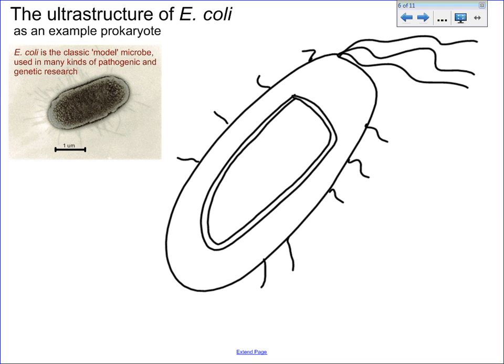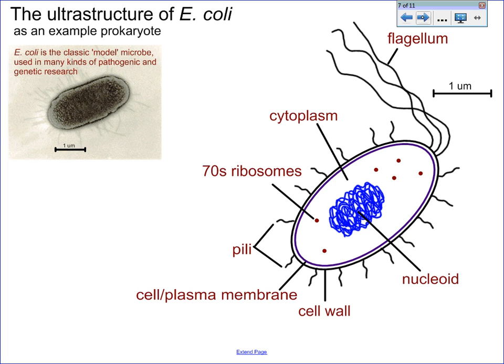Inside, you can give a little swiggle to dictate the nucleus region, or I should say the nucleoid region. There's no nucleus, it's not got a membrane. And provide little dots for ribosomes, and of course the blank space all around would be the cytoplasm. You should be familiar with these, especially the fact that the ribosomes are 70S, and in addition, you should know